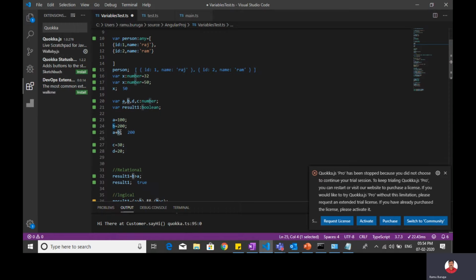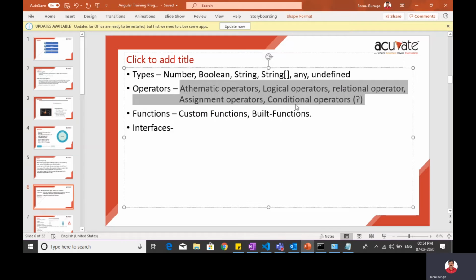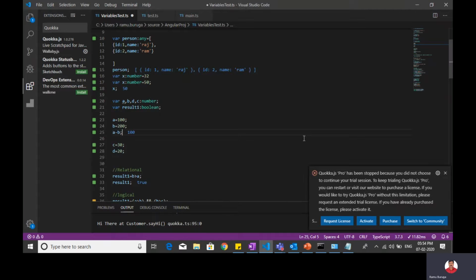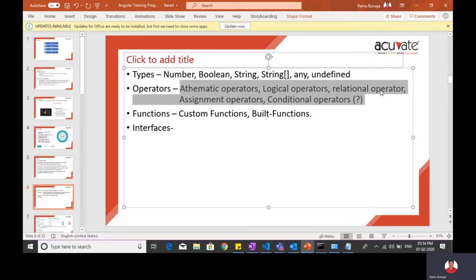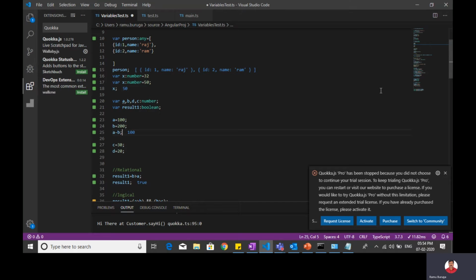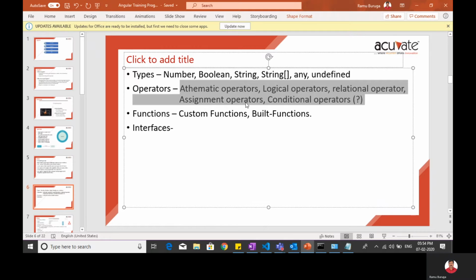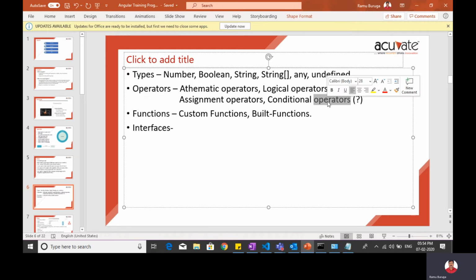So arithmetic operators you can use also. Arithmetic operators, logical operators, you know that, right? Relational operators also you know, and all these assignment operators, conditional operators, you guys know that, right?